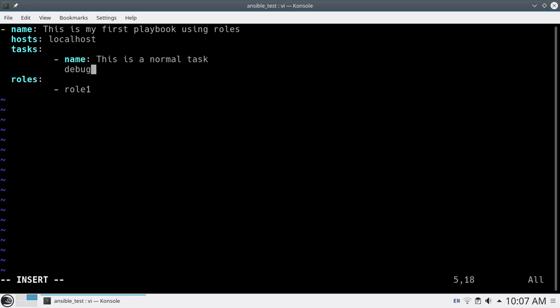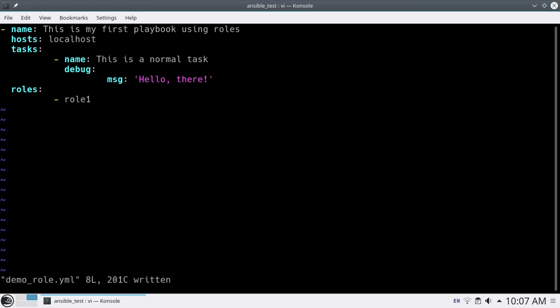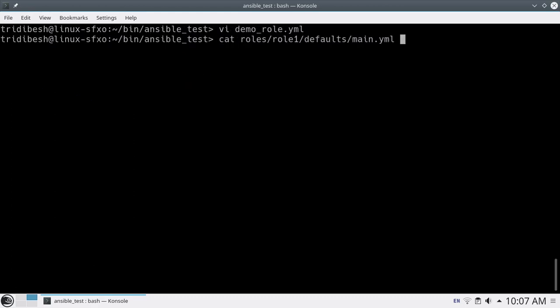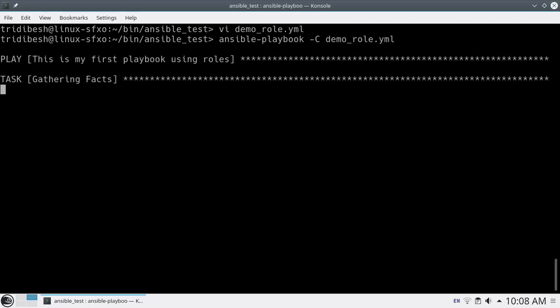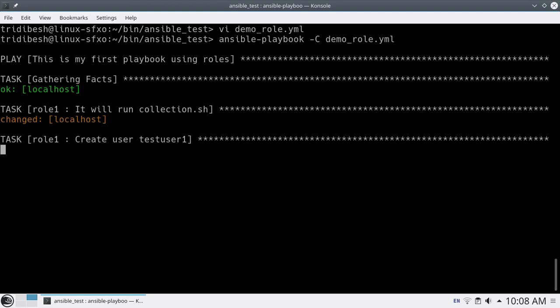I'll use debug only and it will show a message: Hello there. Right now I'll run my playbook again and let's see what happens in this situation. I have put the task before my roles, so let's see if the task runs first.